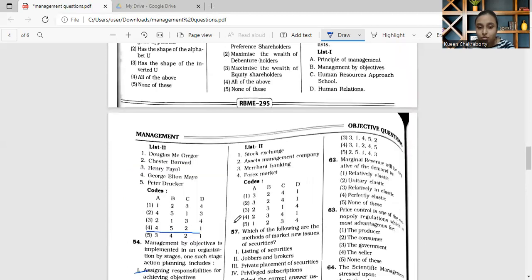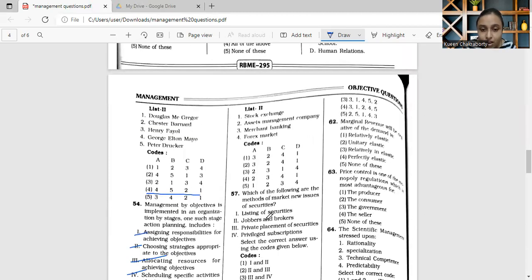Next, moving on to the third one, that is forward trading. Forward trading will be forex marketing. From the name itself, you can understand: one way to deal with foreign exchange risk is to engage in a forward transaction. In this transaction, money does not actually change hands until some agreed upon future date. A buyer and a seller agree on an exchange rate for a date in the future, and the transaction occurs on that date, regardless of what the market rates are then.